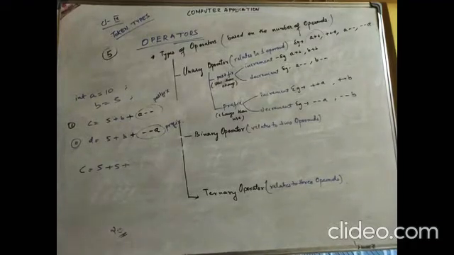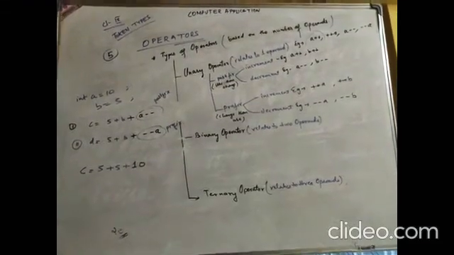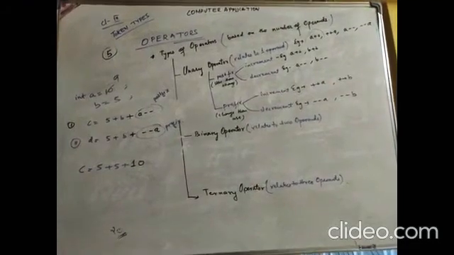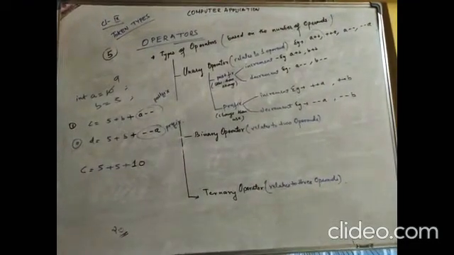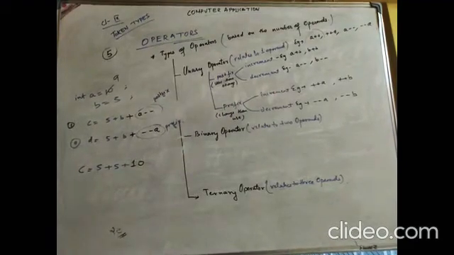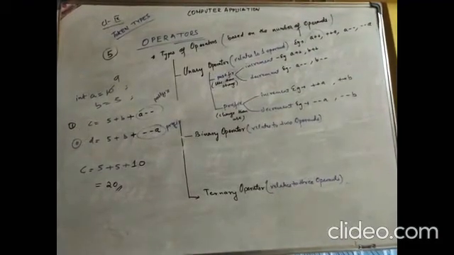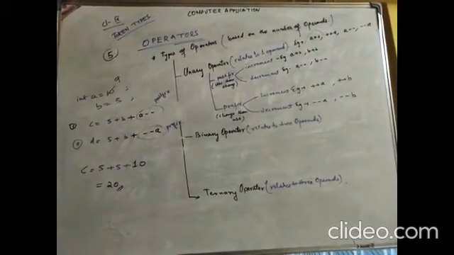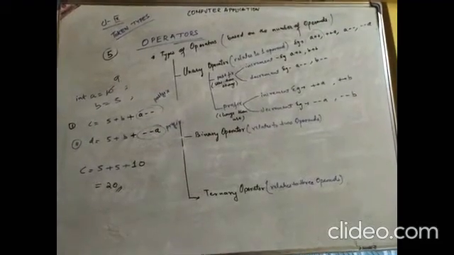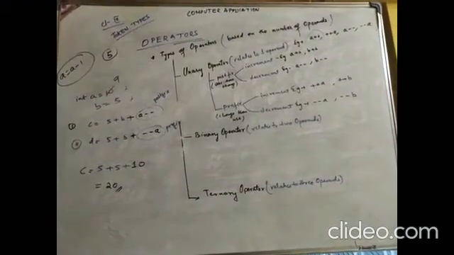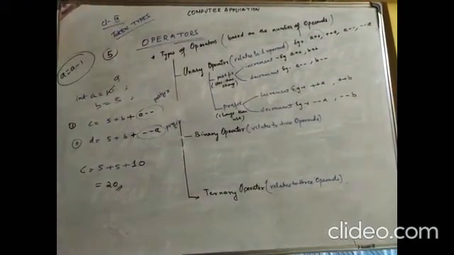So first I will use the value of A, that is 10. Then I will decrease the value by 1, so 10 will change to 9. Understood? Clear? So this is what happens in postfix. So the value of C will be how much? C value will be 20. A minus minus or minus minus A means the value of A will decrease by 1. A equals A minus 1. Okay? This is about the value of C.